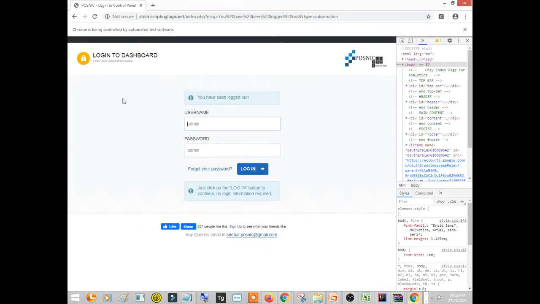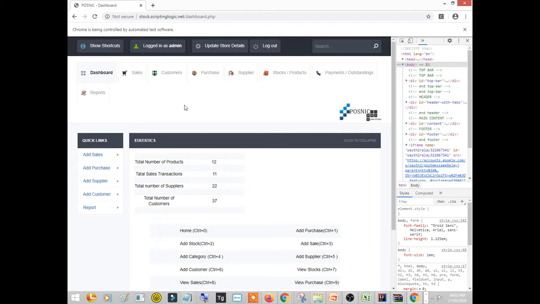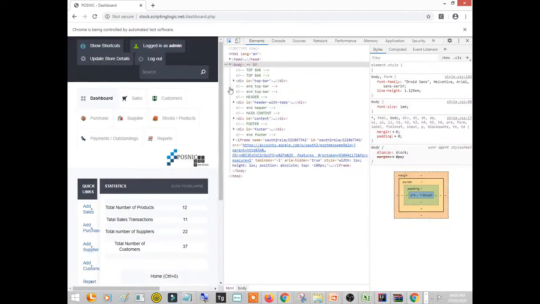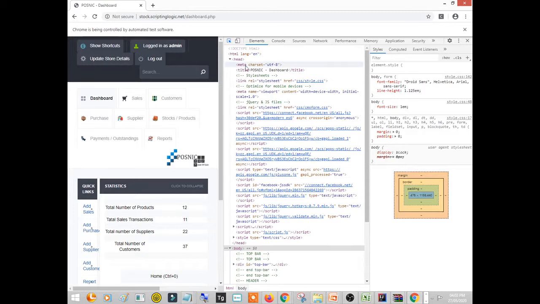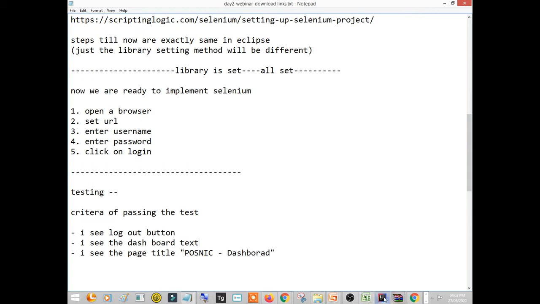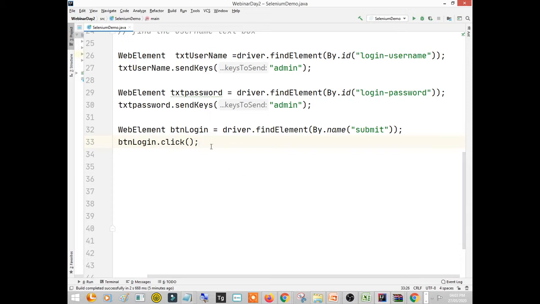So now you see this is the page title after logging in as admin. After logging into it, you can observe that this is the page title, and better I'll find this page title from the source code so that I will not have any spelling mistakes. So I'll copy this from the source code, and this is my expected result. Now I'll put it into a string. This is my code. After clicking, I'll write a string.